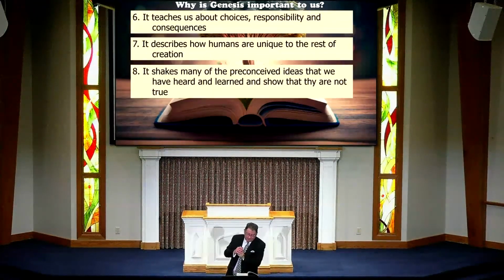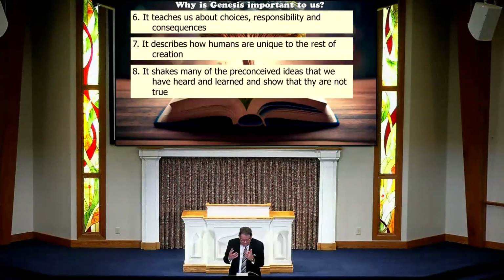Verse 9. Then God said, let the waters below the heavens be gathered into one place, and let dry land appear, and it was so. Now, 2 thoughts there. Go back up to verse 2. The earth was formless and void, but now down here he's making dry land. So what was it at the very start? Something to think about, isn't it?